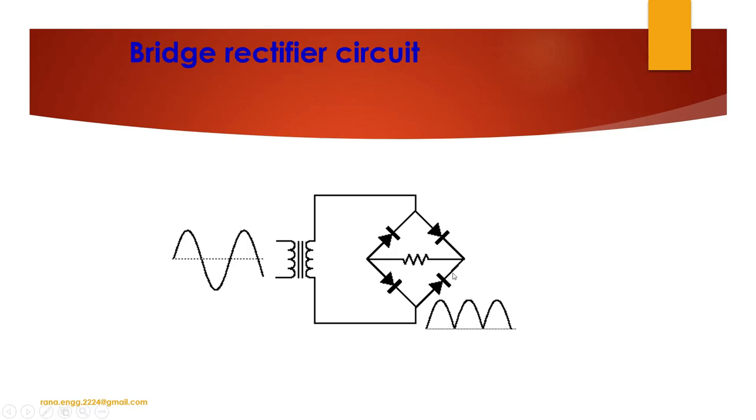So both of them we can remember properly for the examination. The basic idea behind the bridge rectifier is like this. We use 4 diodes. The input is AC, the main supply, and that is fed to the transformer, and the secondary of the transformer is connected to 4 diodes. Here we can see that load resistance is connected across these 4 diodes, and the output is something like this. The output of center tap and bridge rectifier is the same.